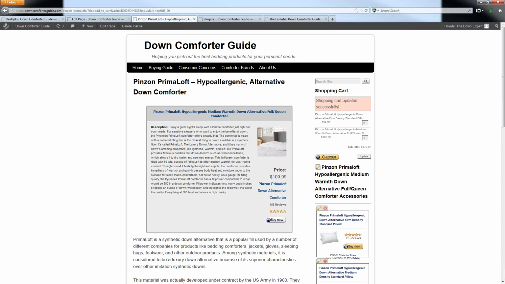Now, the next really important part about Extendazon here is it's not all about this particular shopping cart. Once people actually click on this checkout button here in this shopping cart, they're taken to Amazon. But